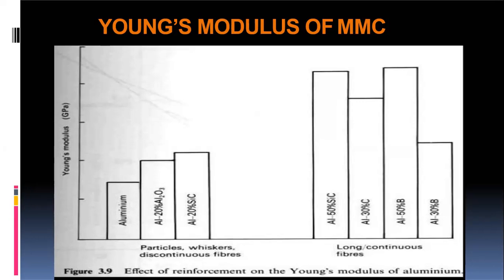So these two are aluminum borons. The boron percentage is varying in the two materials. In the first material we are taking aluminum and 50% boron, and in the second one we are taking aluminum and 30% boron. So the boron percentage has been decreased. That is why aluminum 50% boron has a very high Young's modulus, and aluminum silicon carbide also has a very good Young's modulus. So of all the metal matrix composites, these two materials have the high Young's modulus property, that is aluminum silicon carbide and aluminum 50% boron.